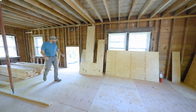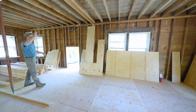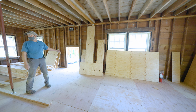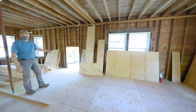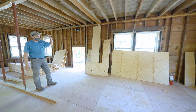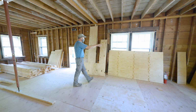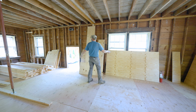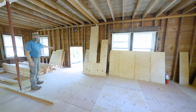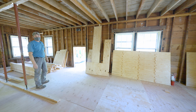So we got the hole fixed where the old stairwell was, opened this whole thing up, got our beam in. We're going to start framing out this area for the kitchen, and when you see the old door, half the old door is left. What's going to happen here is we'll just fill this in. This becomes a shear wall because we're going to punch a hole in this area for the French doors, and then there will be a huge 3-bay window above the sink here for the kitchen. That's going to be the fun part,